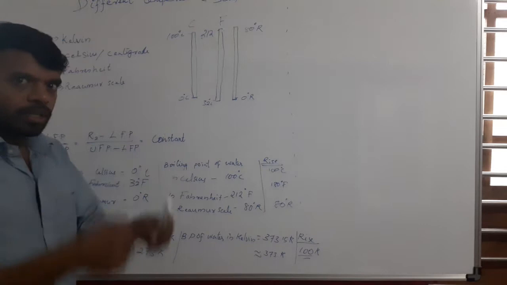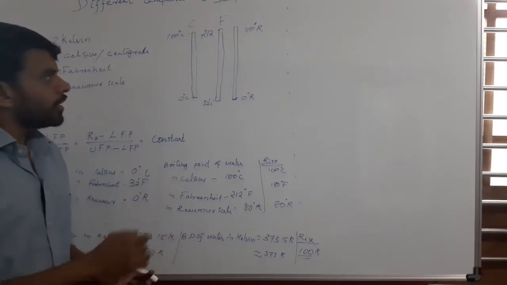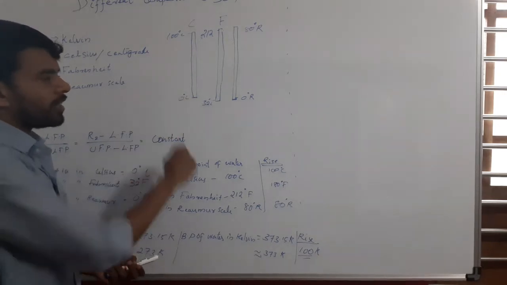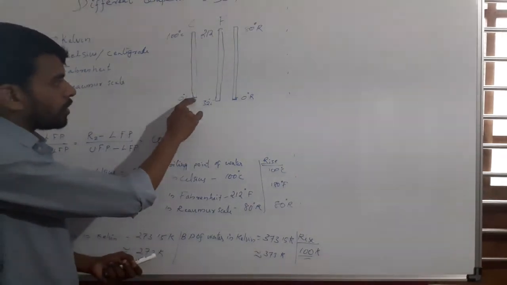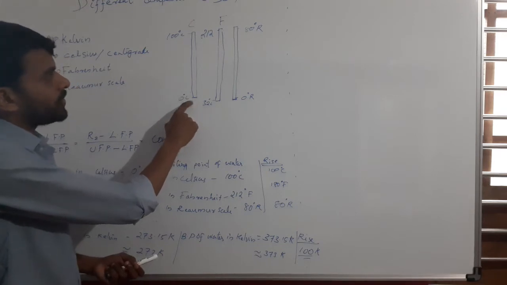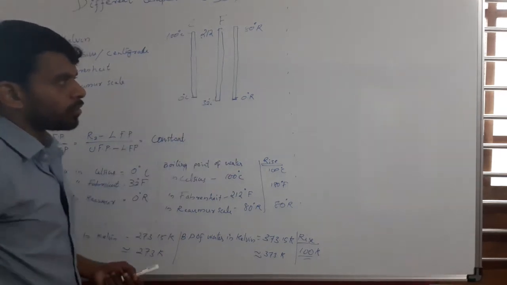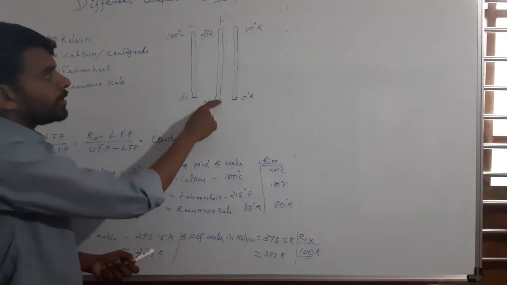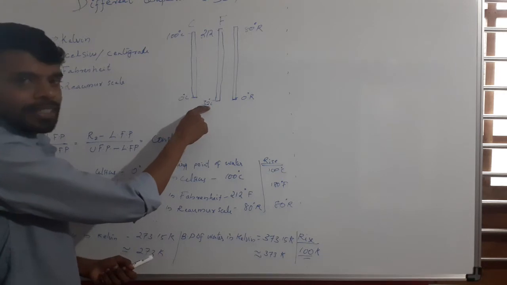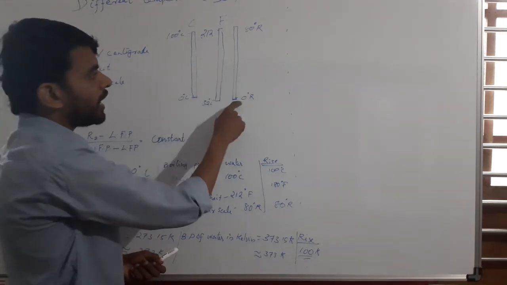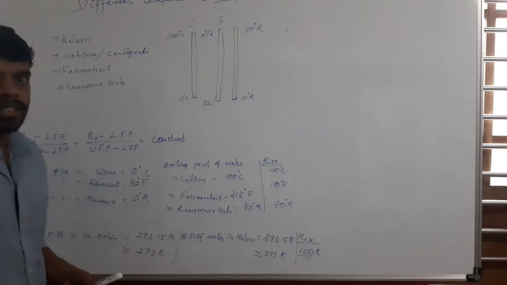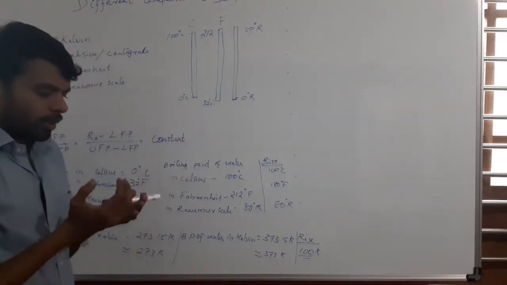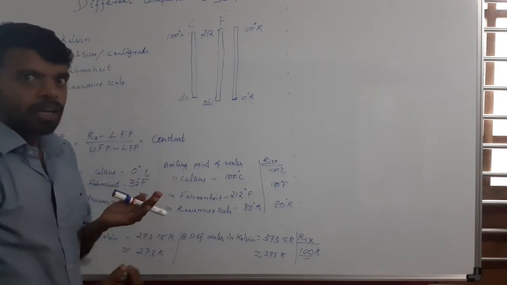and we are putting them into the ice, then the melting point is denoted as 0 degree Celsius. So we denote the melting point in Celsius, Fahrenheit and Romer. In Celsius we give the mark as 0. In Fahrenheit we give the mark as 32 degree Fahrenheit. In Romer scale again we are giving the mark as 0 degree Romer.